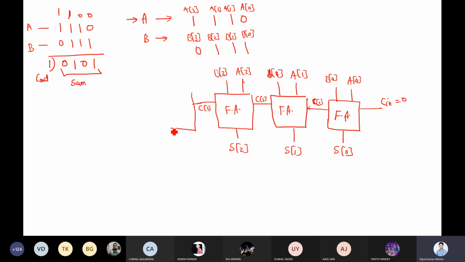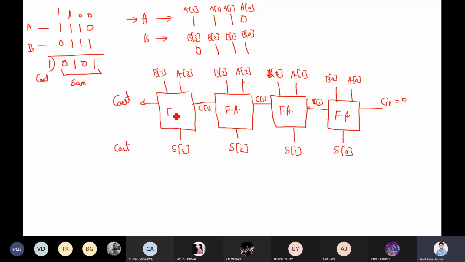Now for the fourth bit, or you can say the last bit of this addition, I have taken A3, B3, and here you have S3, and the output is C out, the final output, right?